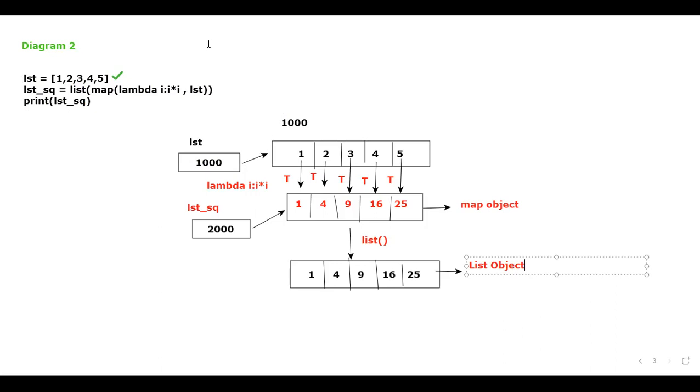Now, previously this was pointing to what? A map object. Later it will stop pointing to the map object, which has the address 2000. Next, instead of 2000, what will come and sit? 3000 will come and sit. If it has 3000, it will start to point to the brand new typecasted object.